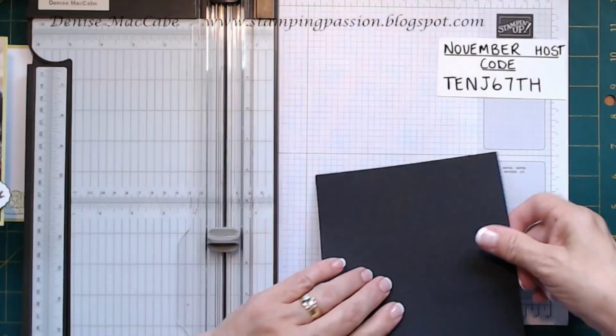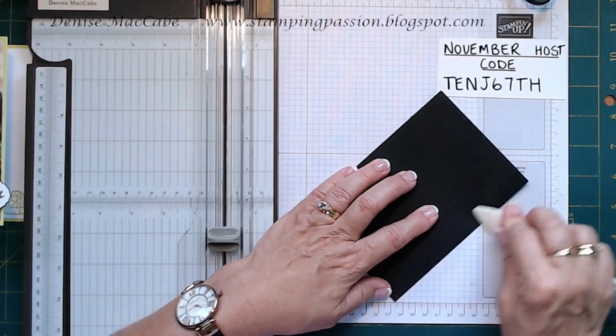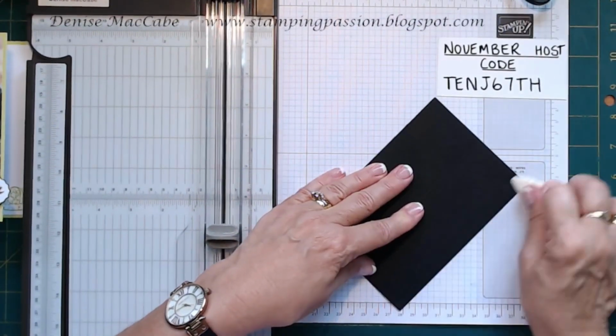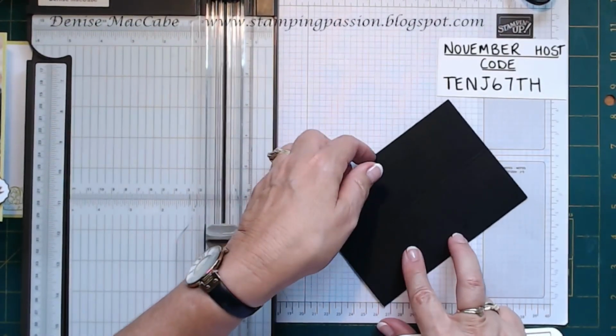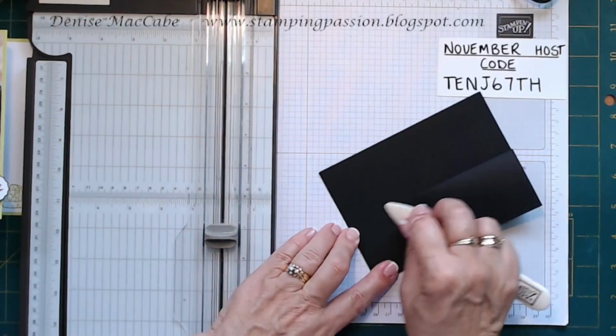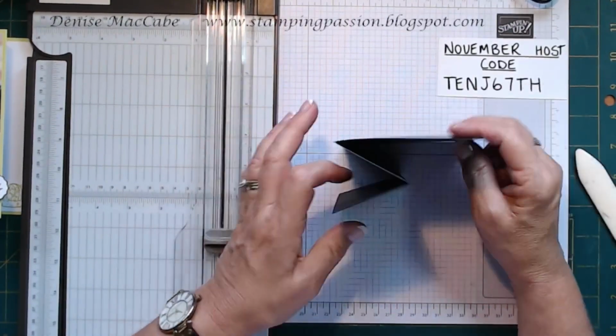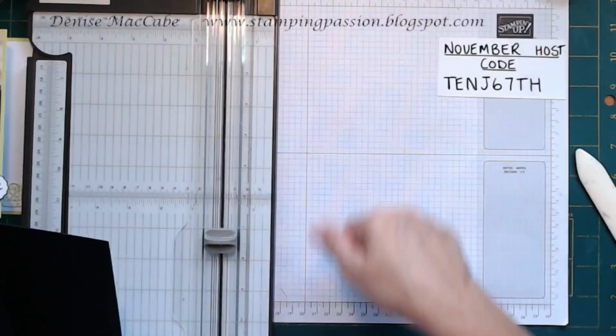so let's do our folding now with our bone folder. So fold that one over just like a normal card front, and this one comes back on itself. And that's your simple Z. Okay. So